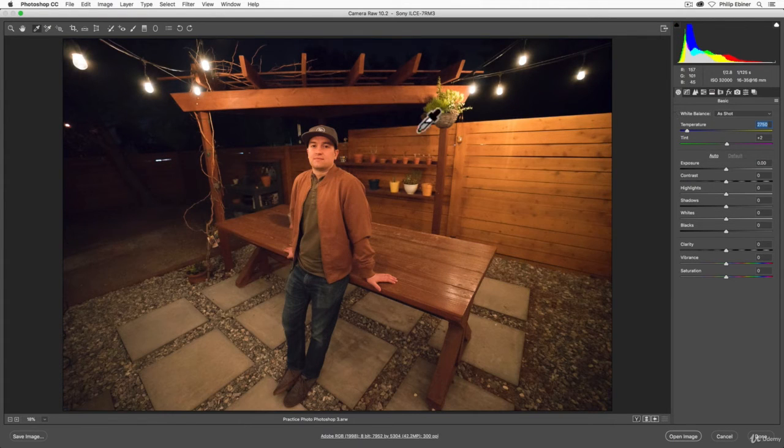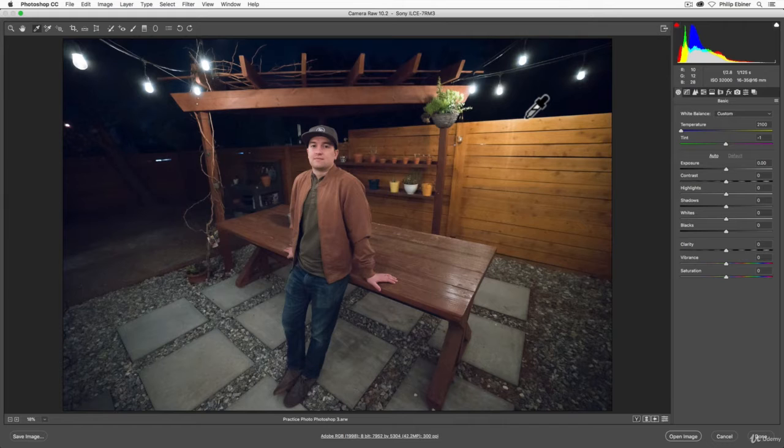Now let's go back to as shot and then try this white logo on my hat. That works a little bit better. Let's just use the gray. It really depends on what your lighting situation is. If you have like a white card, actually look at this white pot right there. That's probably the best option here. This is sort of a cream colored pot,